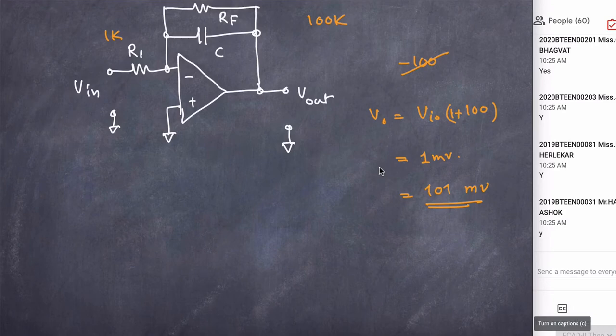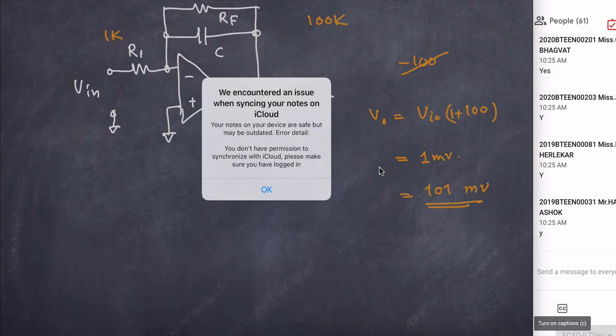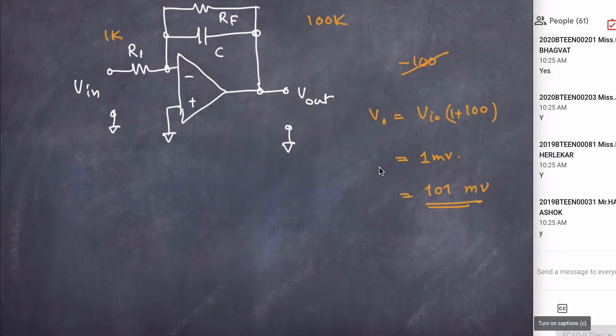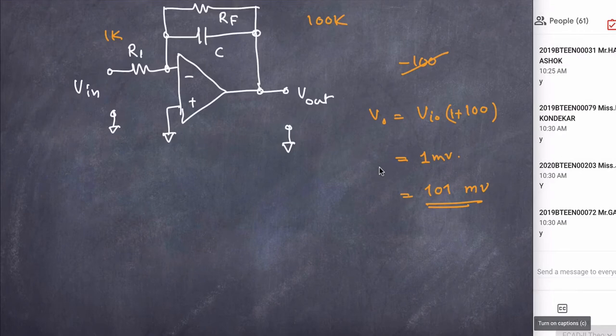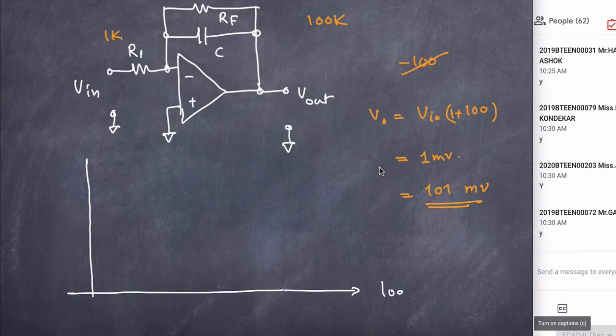Everybody understanding this? Yes or no? So what is the advantage? The advantage is that this circuit will never go to VSAT if the input is grounded because of the RF element. So if you plot the frequency response of this circuit, log f,